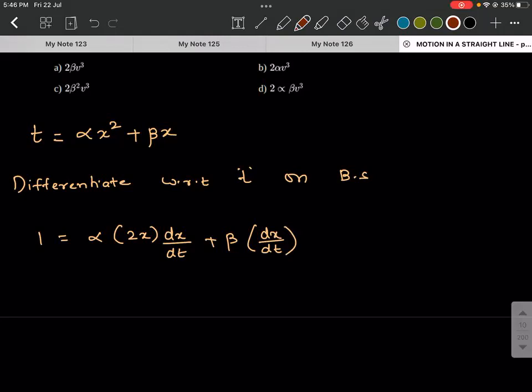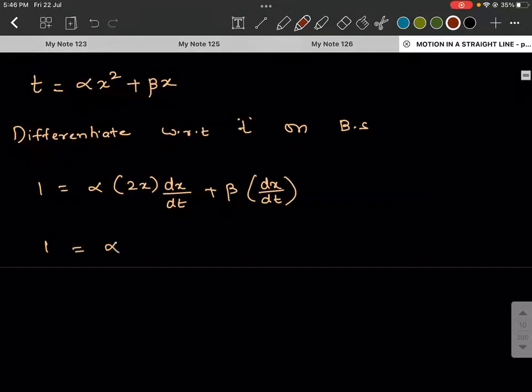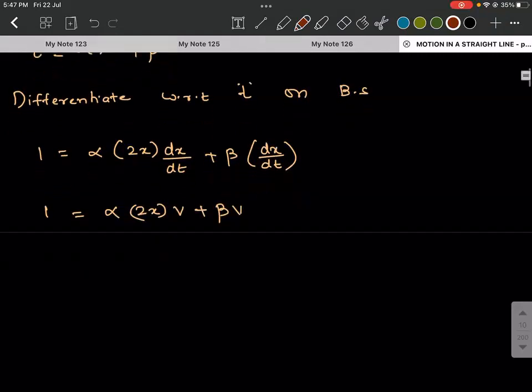So this is called the chain rule. So I can write it as 1 is equal to alpha into 2x into v plus beta into v. Again, if I differentiate